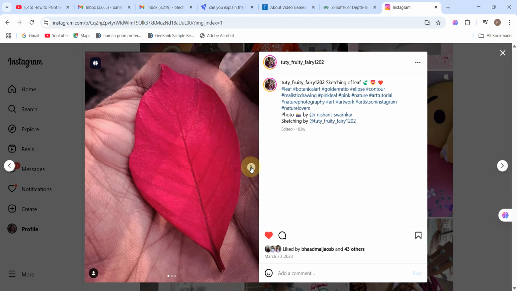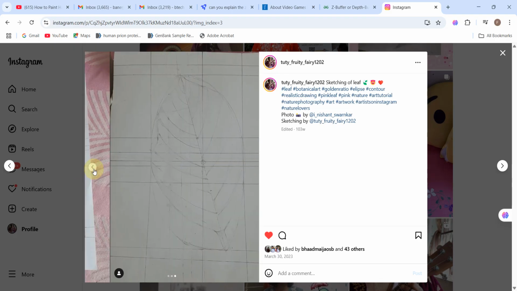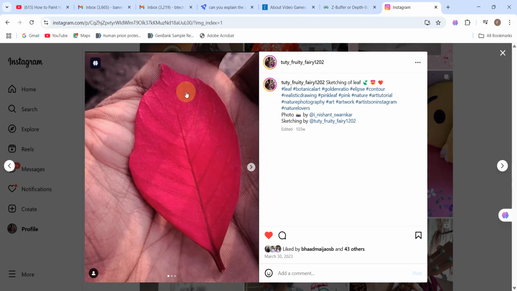Yes, this was the sketch, right? In this leaf photograph, we saw that the hand and the leaf are two overlapping planes, and we were trying to detect which parts of the hand are overlapped by this leaf. That is the part of the hand which is hidden by this leaf surface. So we are not supposed to cover that part with the skin color. We are supposed to cover that part with this leaf color.